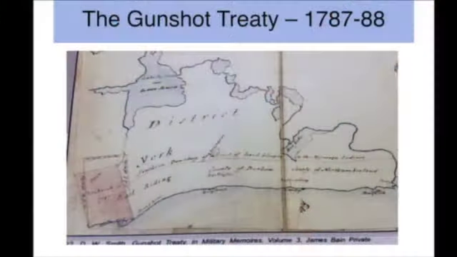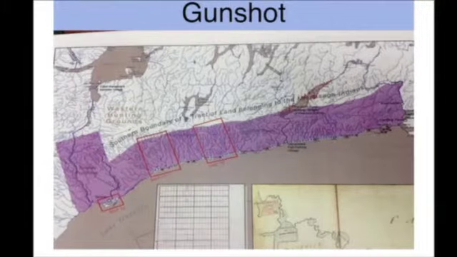Here we go. Here's an old map of the gunshot, poor map, and the Toronto Purchase, 1788. Now, if we can start going down the map, just go down one more slide, please. This is another map of the gunshot in the Toronto Purchase area that was actually done by Michael Toms and David Carruthers for our Williams Treaties litigation.